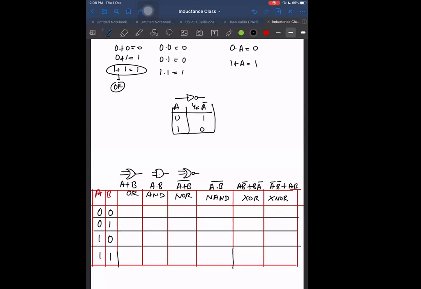But in other gates, in an AND gate, how many inputs can there be? There can be 3 inputs also. A, B, C. If there are 3 inputs in a single AND gate, then we will call it A into B into C. Y is equal to ABC. If any one of these is 0, then the output will become 0. If any one of the inputs is 0, then the output has to be 0 only.